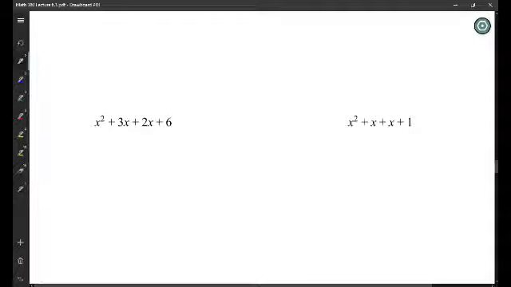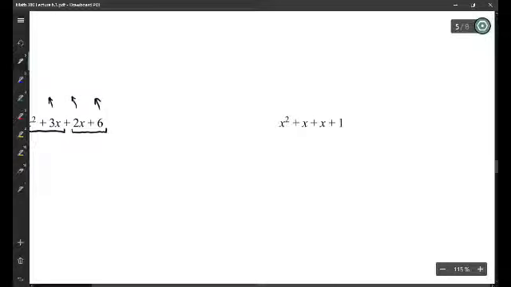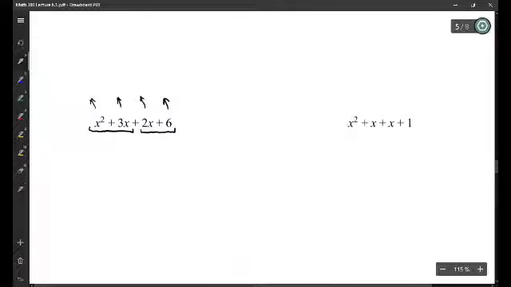Okay, so how about here? Here we want to make two groups. And then ask ourselves, what can we factor out? What's the GCF in this subgroup? What's the GCF in this subgroup? Well, we have an x we can factor out here, and a 2 we can factor out here from these terms. Then we would have x times the quantity x plus 3